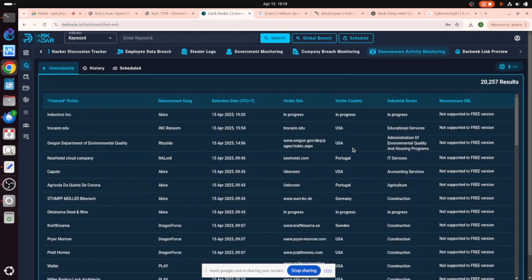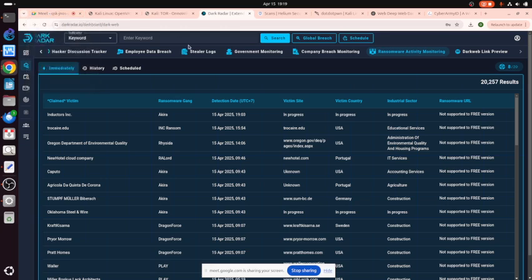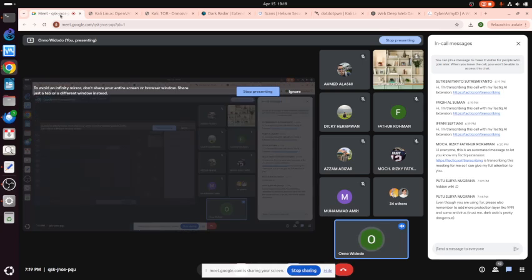We can do this using the Tor browser, but this is much easier using Dark Radar. If you want me to use a certain keyword, just put it in the chat box so I can search for your keywords.